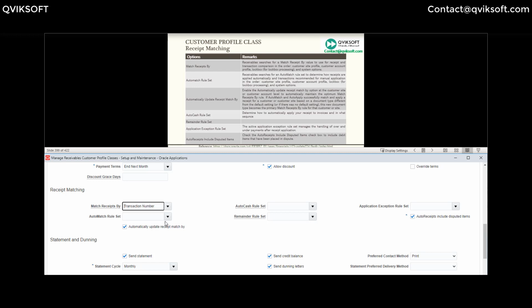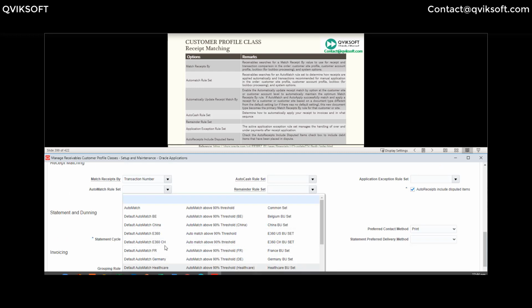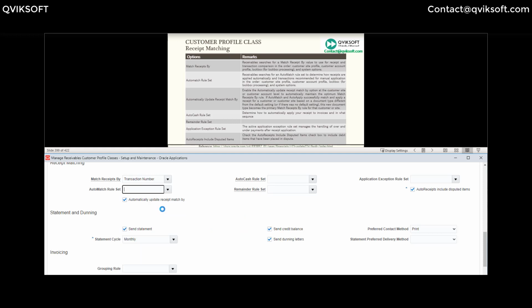I'm going to use the default, which is auto match above 90% threshold. So when you create a receipt, even if you don't give any details, the system will try to auto match with the details given and recommend which invoices the receipt should be applied against, and then you can choose to actually apply it against a specific invoice.